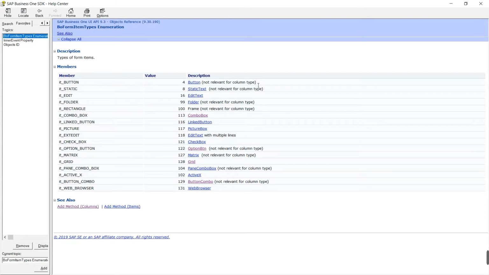Basically you cannot create a matrix column as a button. Similarly static text, the same here, you cannot create as a column, nor folder and frame, and these you can create as a column inside the matrix. Option button again is not relevant for column type, matrix not relevant for column type, pane combo box not relevant for column type, and then button combo not relevant for column type. So these are the items you can design on your form.